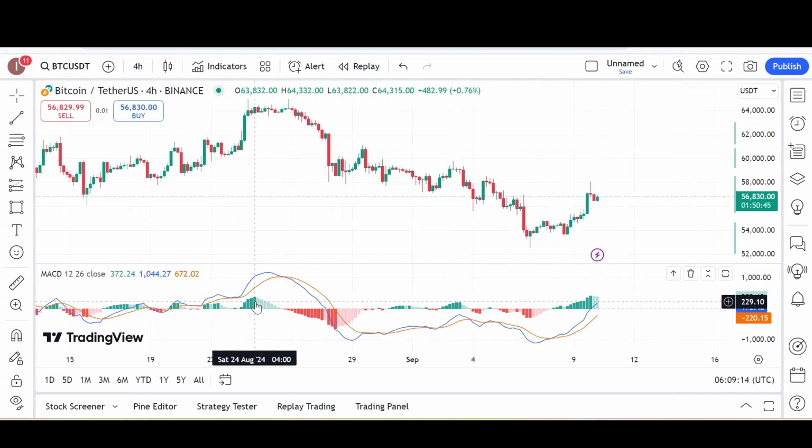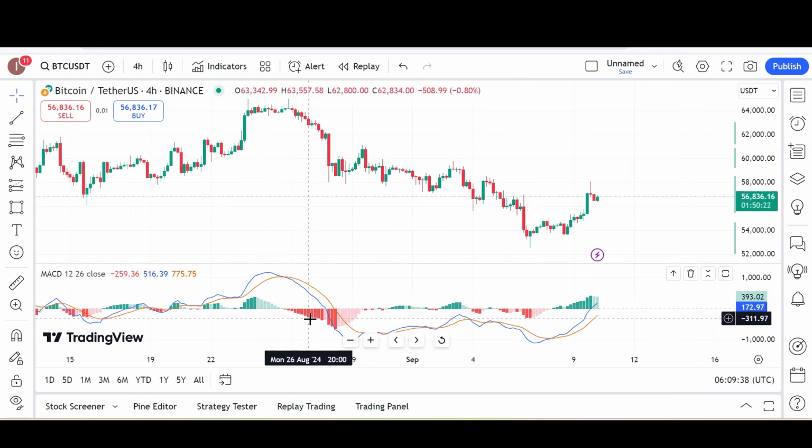And these are the green candles and red candles. The dark green candles show high buying volume, and when the dark candles turn into light green, it means the buying volume is constantly decreasing. Now we go to the red candles. The red candles show high selling volume: the dark red candles show high selling volume, while the light red candles show low selling volume, which constantly decreases.